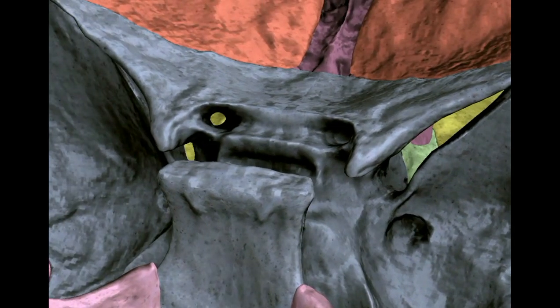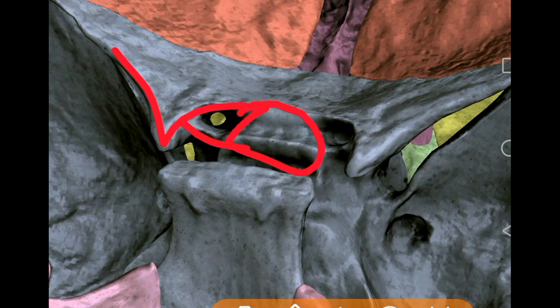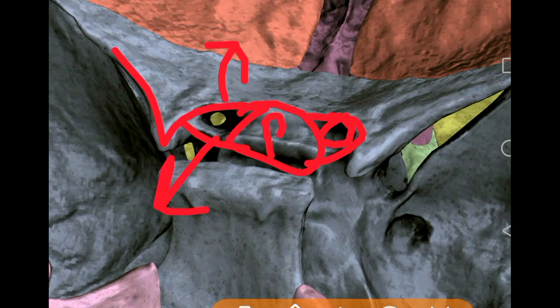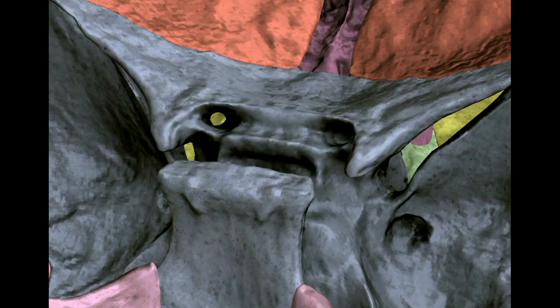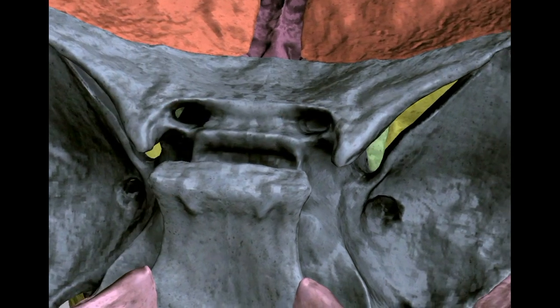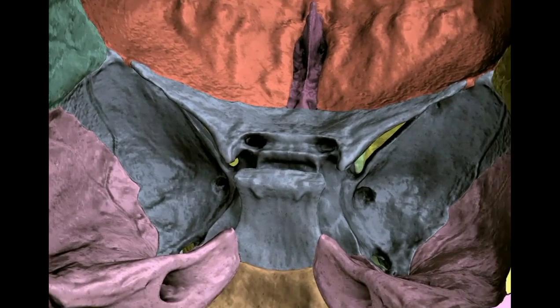The optic canal is directed forwards and laterally, opens into the orbit, and it is bound by the two roots of the lesser wing of sphenoid, and medially by the body of the sphenoid. You can see the two roots of the lesser wing of sphenoid, that is the body of the sphenoid. So the optic canal, you can see, is Y shaped, with roots of the lesser wing and medially the body.